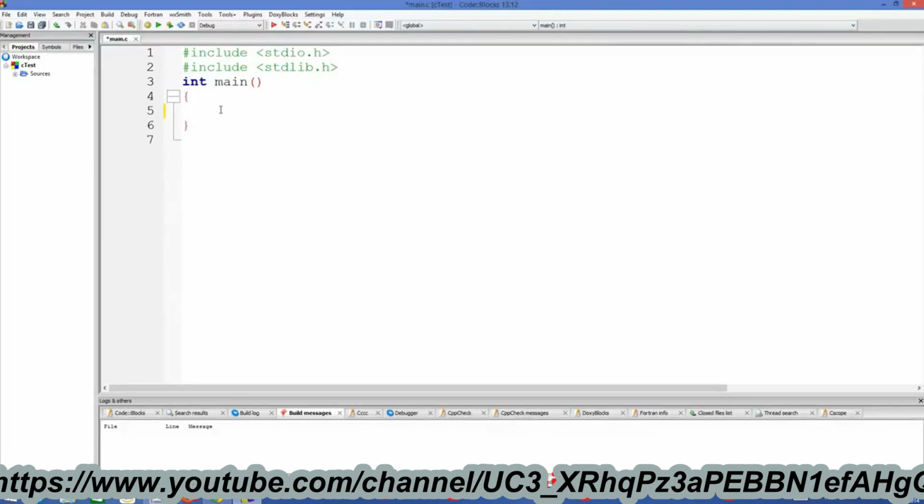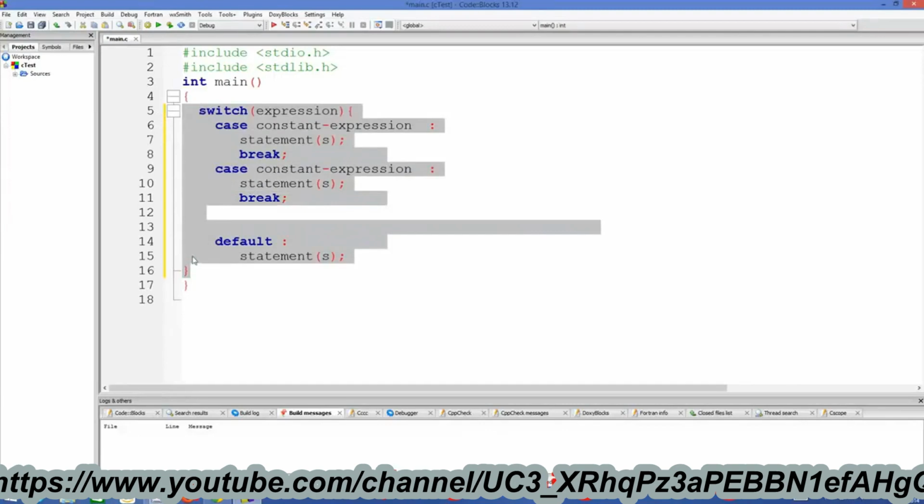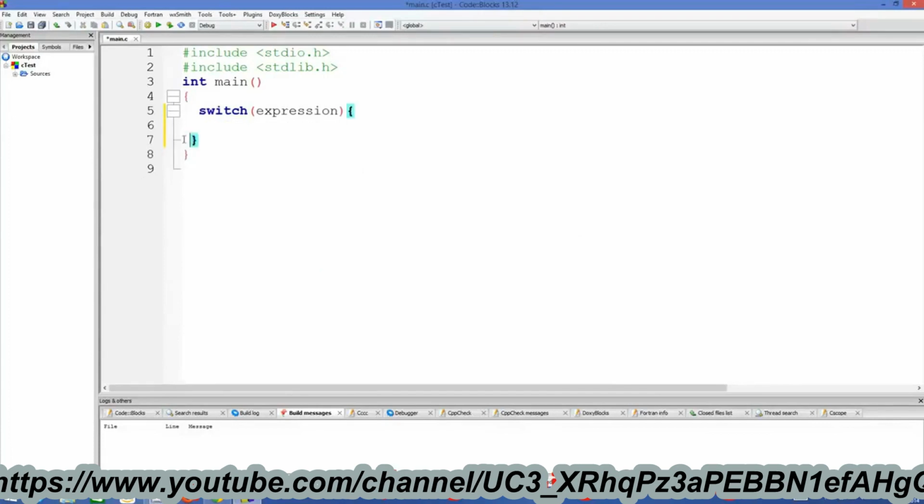So let me give you an example and then you will understand how switch statement works in C. So first of all, we will see how switch statements are declared in C. Okay. So the basic syntax of switch statements is like this. Okay. So I will just delete this for now, so that you can see what is the basic switch statement code. So switch statement starts from this switch keyword, and then come these two brackets, and in here